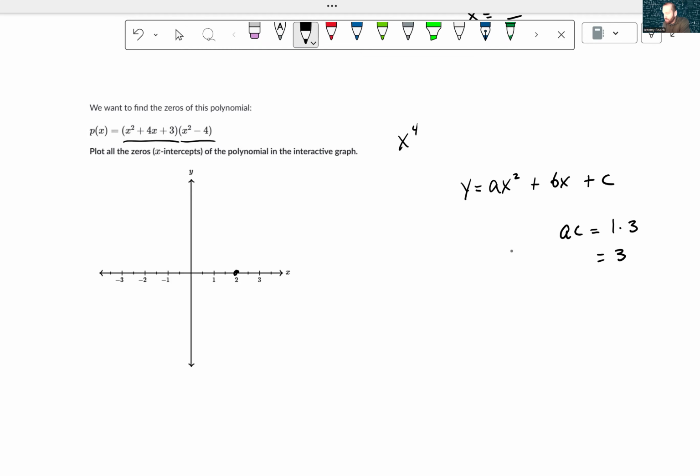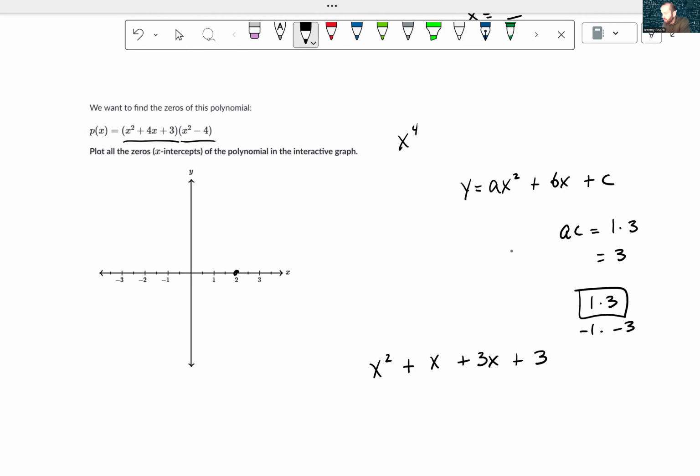And there's only one, well, I guess two ways to get 3 with multiplication: 1 times 3 and -1 times -3. Now we have to figure out which sets of these numbers, if we added them instead of multiplying, would equal 4. Well, it's going to be 1 and 3. So now we're going to write this in expanded form, x squared plus 1x, or just x, plus 3x plus